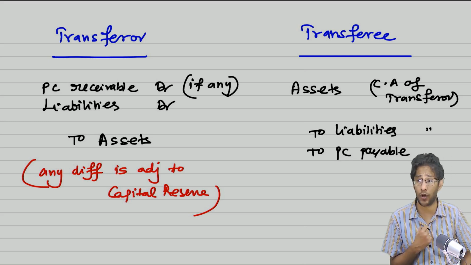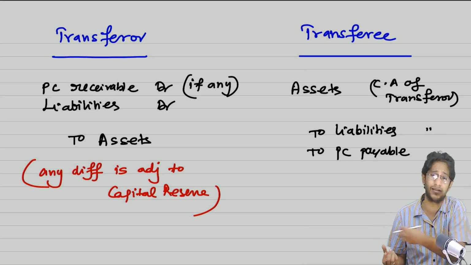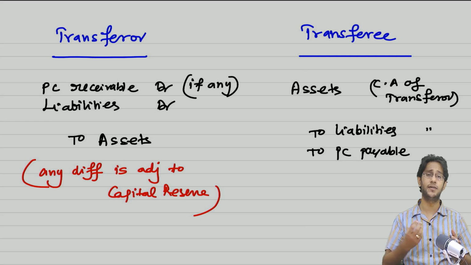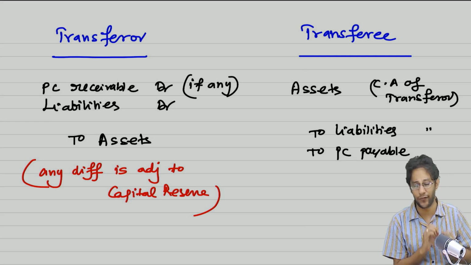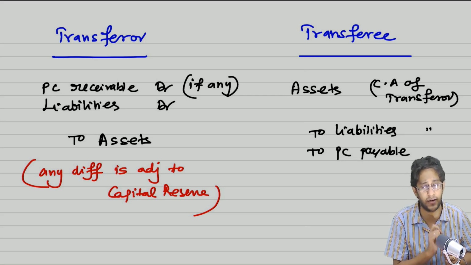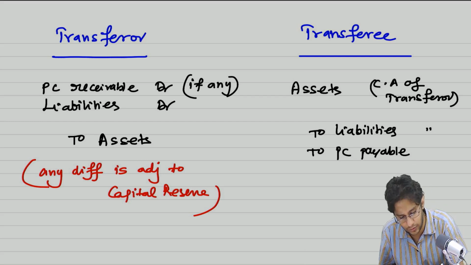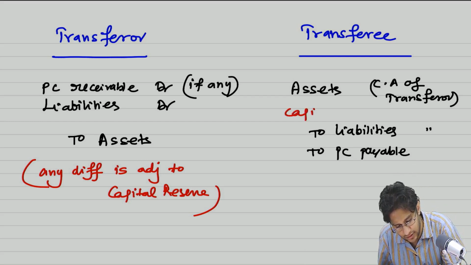The same parties are controlling. You just created another copy or another pocket where you are keeping some of your assets and liabilities. This is not called a business combination transaction. Therefore, goodwill cannot be created. Since goodwill is not created, assets and liabilities are not recognized at fair value. Sir, but the entry is not tallying. Does not matter. Upside, downside, any difference is adjusted into capital reserve only, whether here or here.